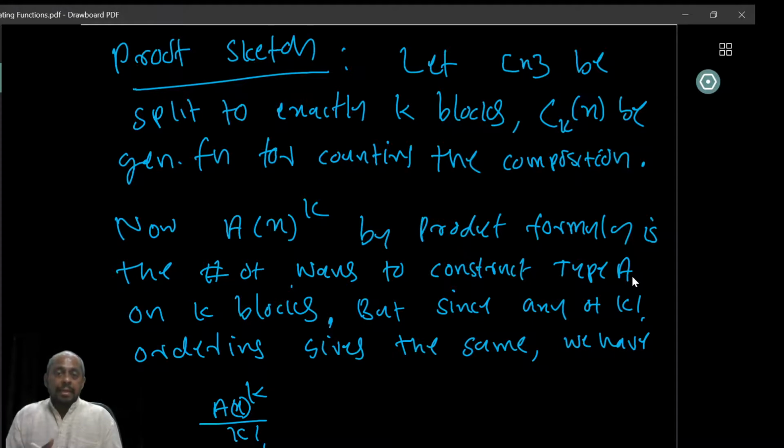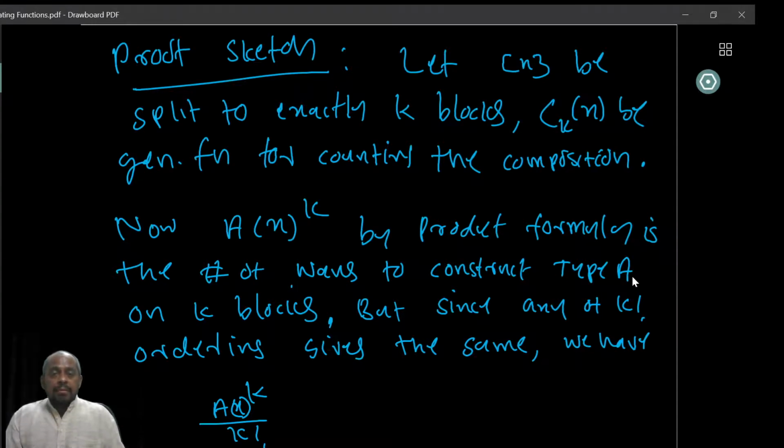But then there is one catch, right? The product formula assumes that we are making a type 1 structure on this, then a type 2 structure on the second one, a type 3 structure on the third one, etc. And there was some order, right? In the first block you are making this, in the second block you are making this, in the third block you are making this, because each of the blocks can have a different coordinate. So therefore each of the corresponding constants are going to be different.